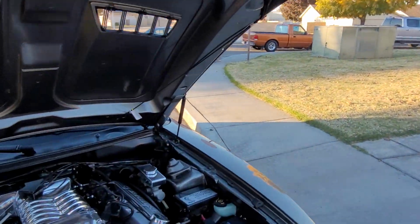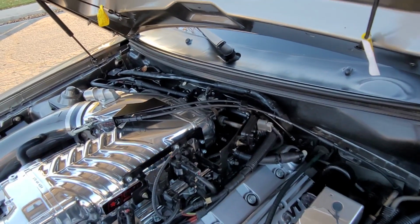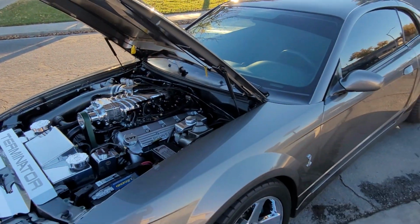Now I custom made an EGR tube. You can't see it, it's down behind the motor, so it looks factory. But yeah, so that's his